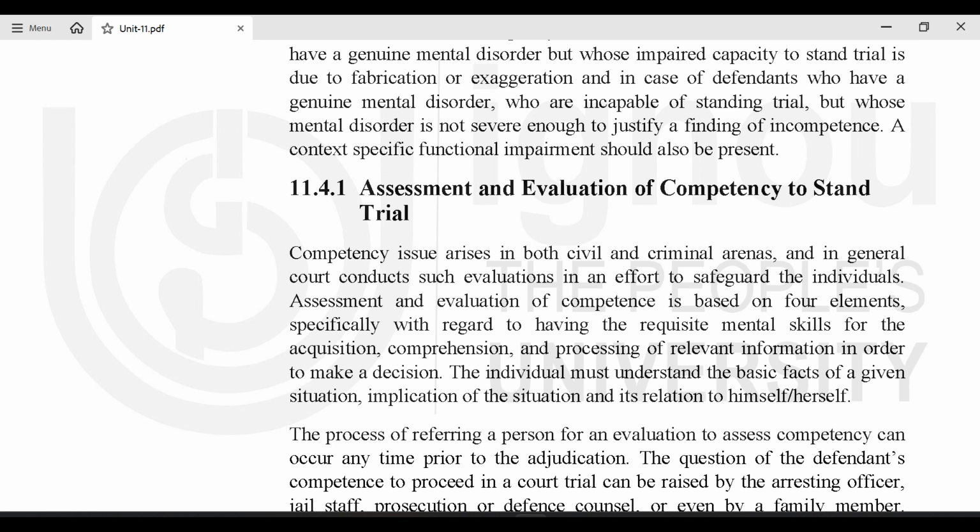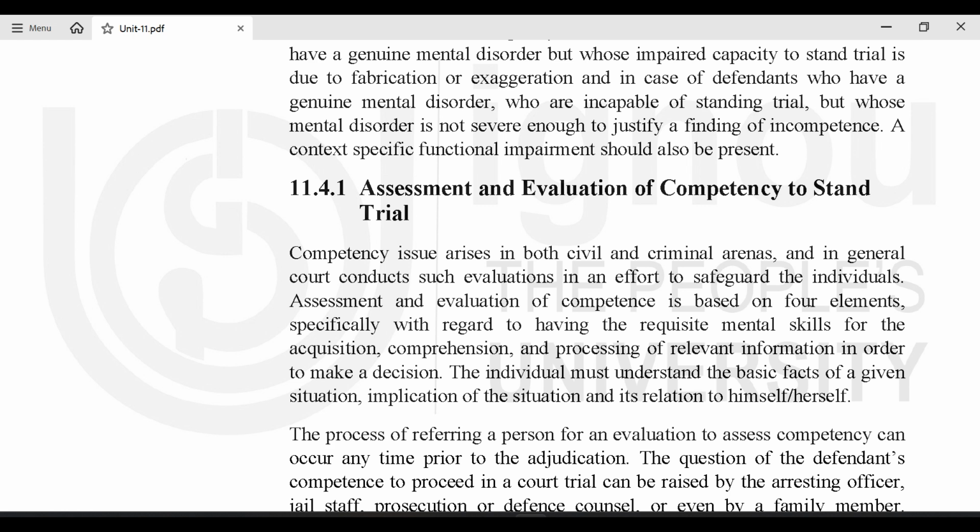11.4.1 Assessment and evaluation of competency to stand trial. Competency issue arises in both civil and criminal arenas, and in general court conducts such evaluations in an effort to safeguard the individuals. Assessment and evaluation of competence is based on 4 elements, specifically with regard to having the requisite mental skills for the acquisition, comprehension, and processing of relevant information in order to make a decision. The individual must understand the basic facts of a given situation, implication of the situation and its relation to